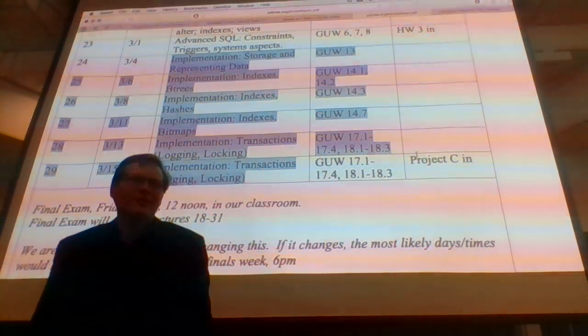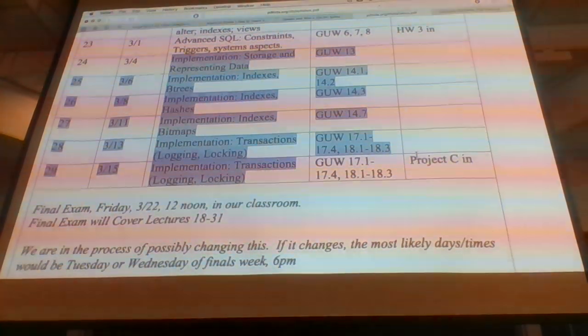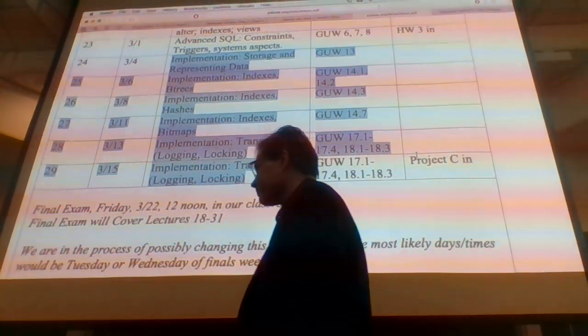Yes. Can you talk more about what bitmaps are like? Say again? Can you talk more about what bitmaps are like better? Okay. So